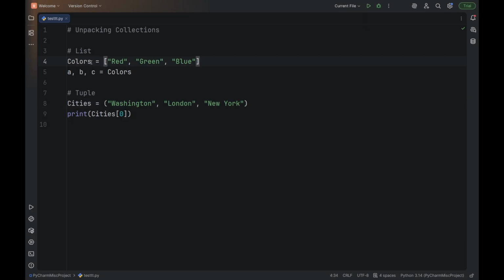Now I've created a list called colors, and I've added the values red, green, and blue to this list. And additionally, I've linked these values to variables. So the value red is assigned to the variable A, the value green is assigned to the variable B, and the value blue is assigned to the variable C. To do this, you write variables and you separate them by commas, and then you do equal